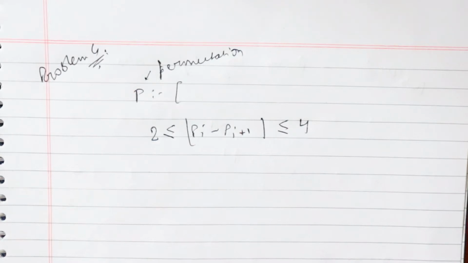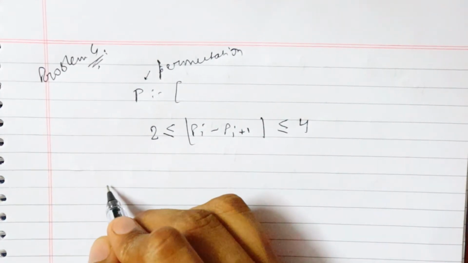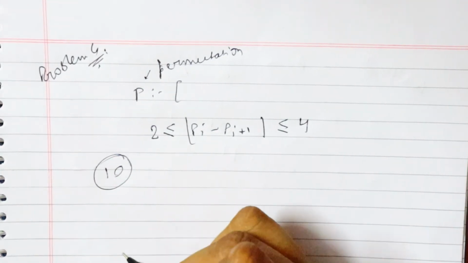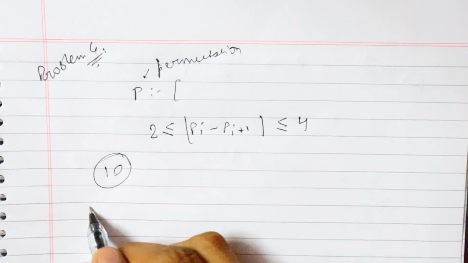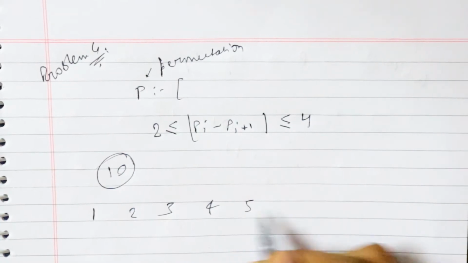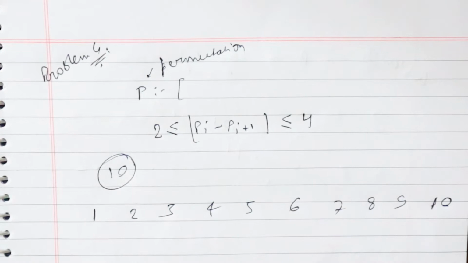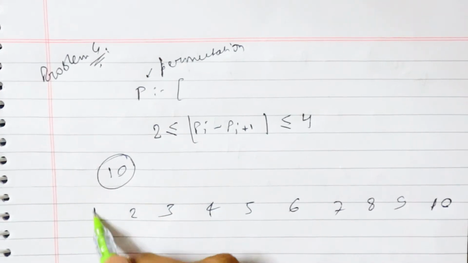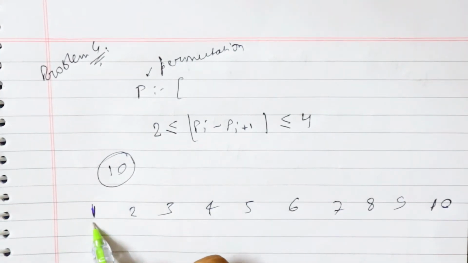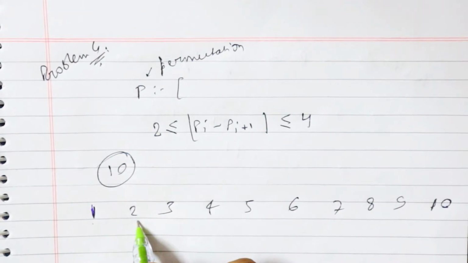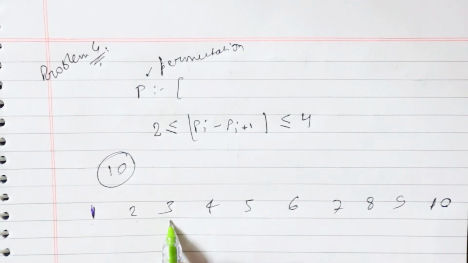Now I have placed my n elements here. On placing these n elements, let's take an example. I want to place n elements. So if I write 1, 2, 3, 4, 5, 6, 7, 8, 9 and 10, basically what I wanted to do is that I will take this. Okay, I can't take this. I can take 3.